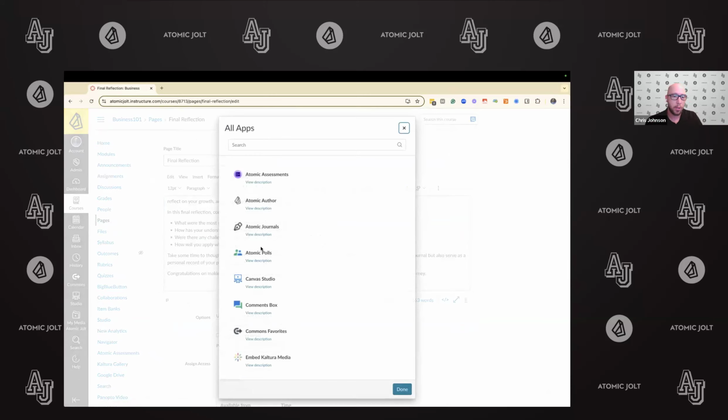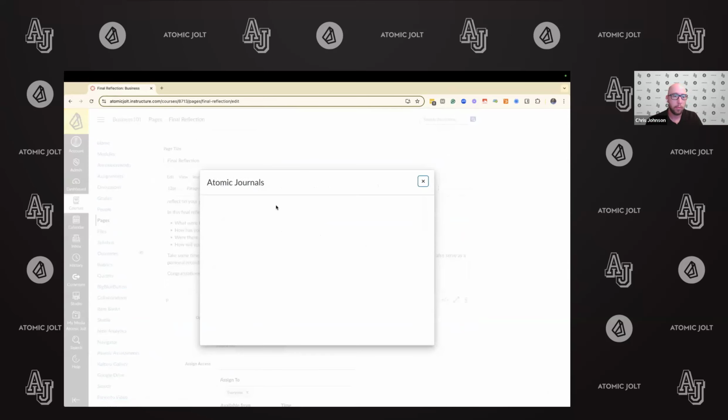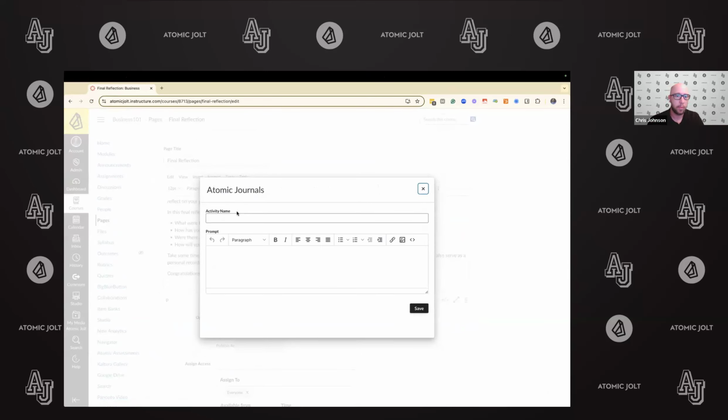I'm going to select atomic journals here. We'll give it a prompt. If I wanted to add an image or a banner, I certainly could do so.